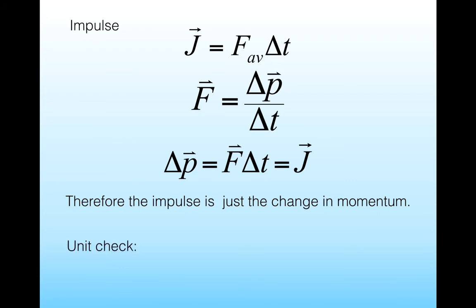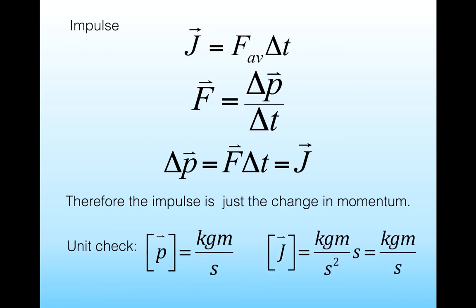And we should do a little unit check just to double check that the units for the momentum and the impulse are the same. We can see that the units for momentum are the mass, so kg times velocity, which is meters per second. So you get kilogram meters per second. You can do the same thing for the impulse. We actually get force times time, which is kilogram meter per second squared, because it's equal to ma times seconds. And so you can see the seconds cancel on the top and bottom, and that gives us kilogram meter per second. So it does make sense that impulse is the change in momentum. You basically have the same units, and typically when you have the same units, they're basically the same